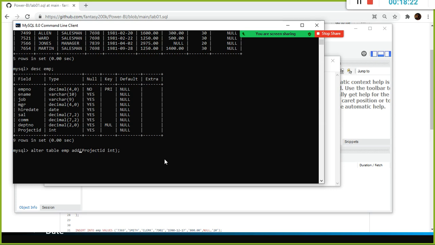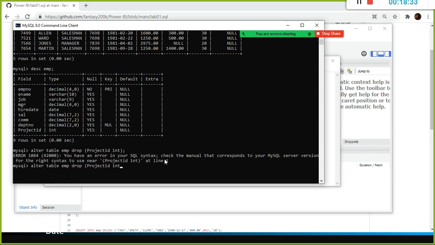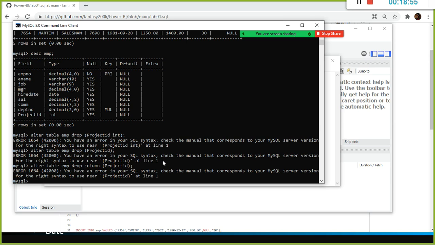Fine. So if I want to drop this column, how can I do this? Alter table, this one, right? Drop. Yeah, there is a syntax error. Here you don't have to specify alter table name EMP. Here you can give project ID. So alter table name, you drop column. I think you need to use drop column. I forgot the syntax of this one.